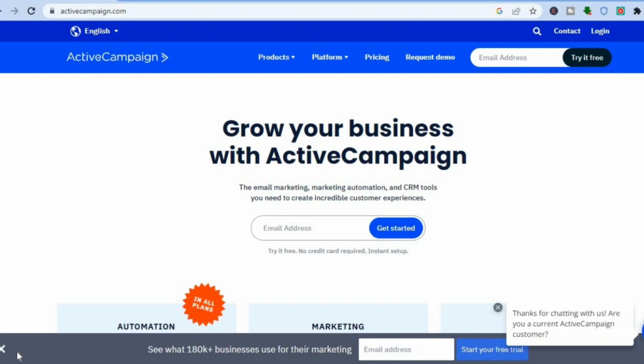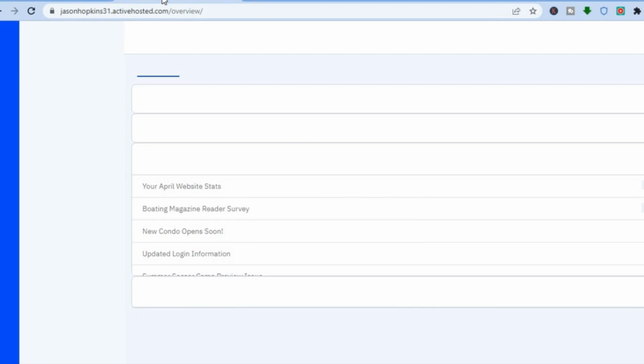With ActiveCampaign you can get started for completely free. You do not need a credit card to sign up or anything like that. All you'll need to do is enter your email address, then tap on try it for free in the top right hand corner. Once you have done that and gone through the sign up process, you will be